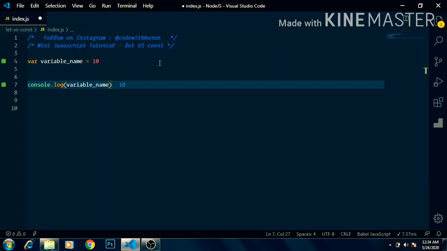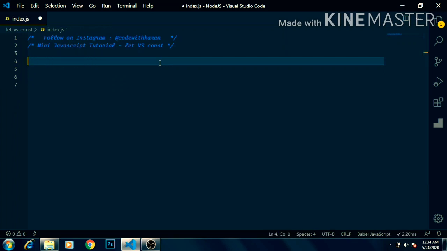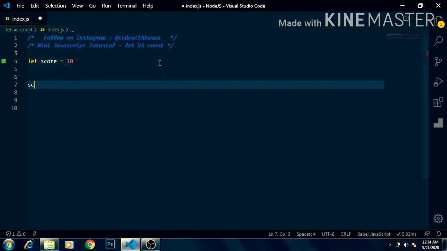But with the syntactical advancements in JavaScript, the ways to declare variables also evolved. So right now, we have two reserved keywords to declare variables in JavaScript. Those are let and const. If I were to declare a variable using the let keyword, the syntax would be exactly the same. I would write let, a variable name, and assign it to a value. If I console log value, I would still get 10. So declaring a variable using the let keyword or var keyword is pretty much the same. It's also the same in the case of the const keyword.